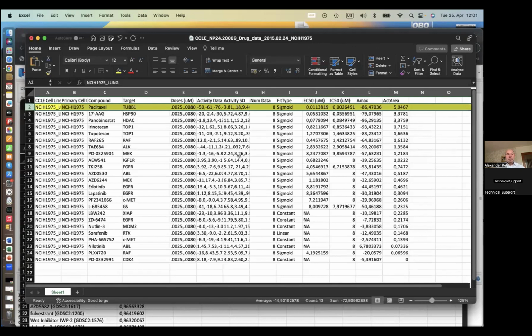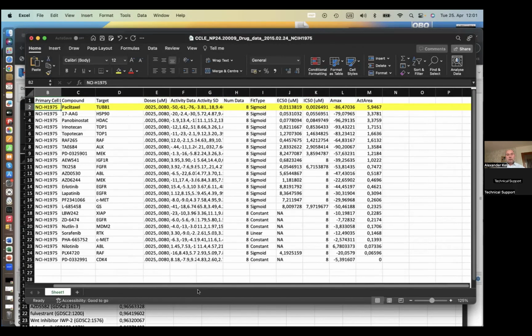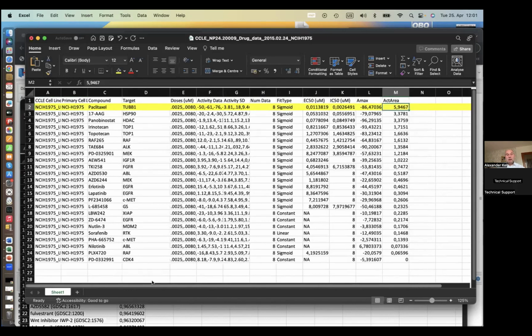And when we took this cell line, you see this is the cell line we're analyzing, we check which of the drugs from those assays have maximum effect on those cell lines, basically killing them even with very low concentration. At the top, you see paclitaxel. So it's an experimental fact that